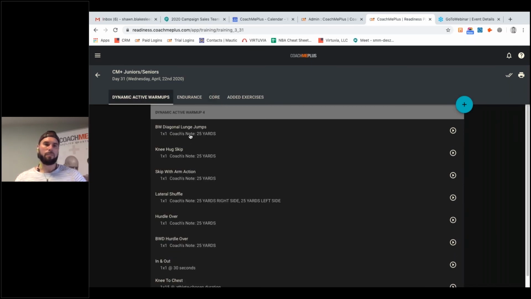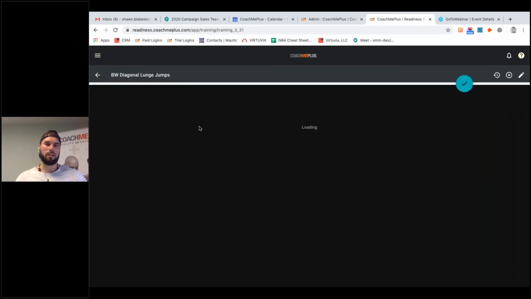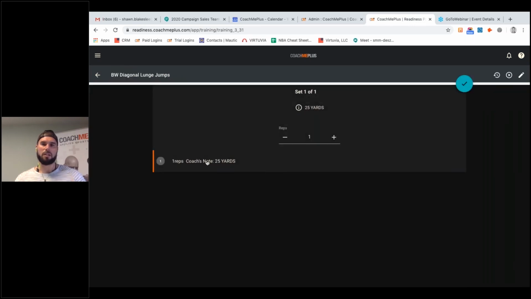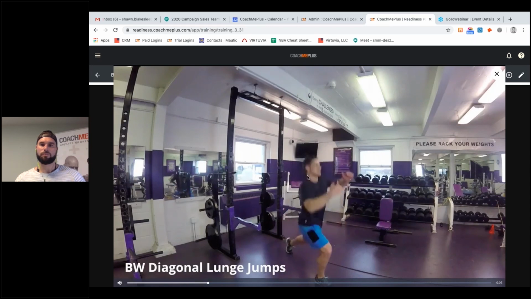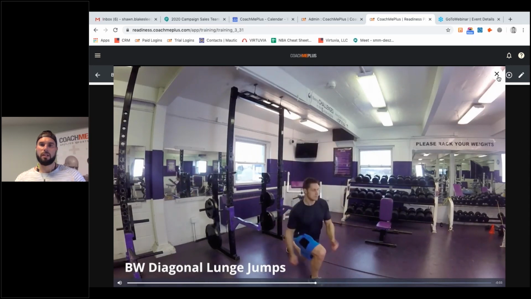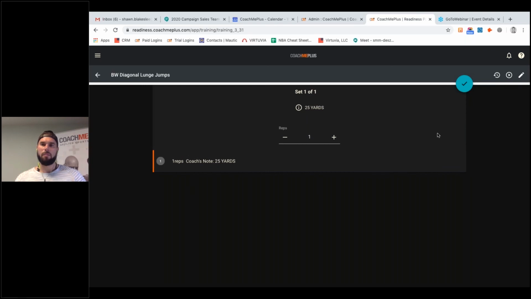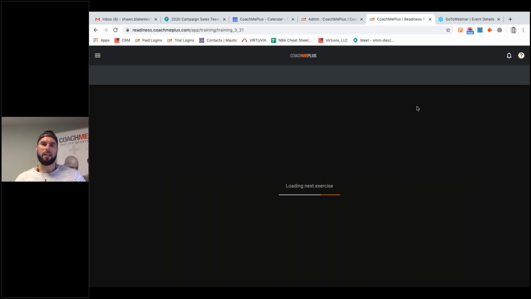So we've got these lunge jumps. He can click right here. It says for 25 yards. If he doesn't know what this is, this has a video attached to it. So we can pull this right up. This is where we're talking. It's right inside the app. Great. You can click out of that, and he can say, okay, I did that,